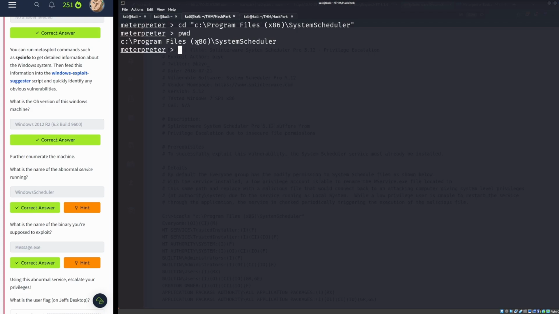So to exploit the Message.exe, what we have to do is cd to Program Files (x86), System Scheduler, and then I print the directory just to make sure, and then we could type out mv, which is move, Message.exe, and then Message.bak, and then we can move the shell, which is in the Users Public directory, shell.exe, and then type out the